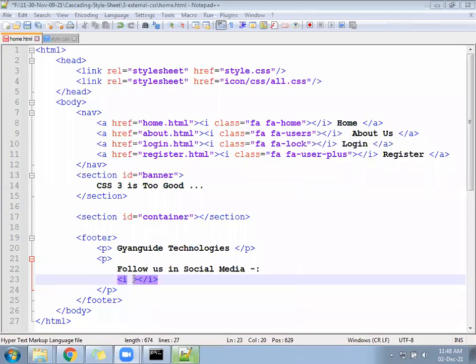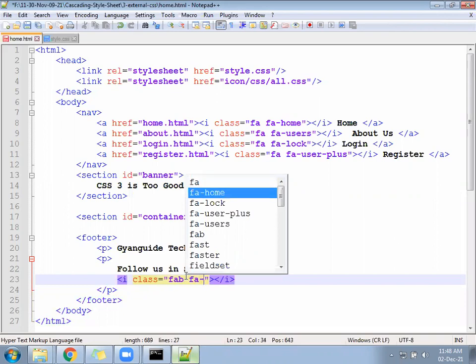The brand icon will start with class equal to FAB, space, FA icon Facebook.